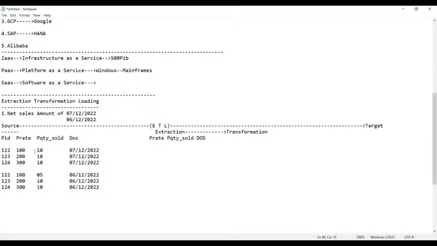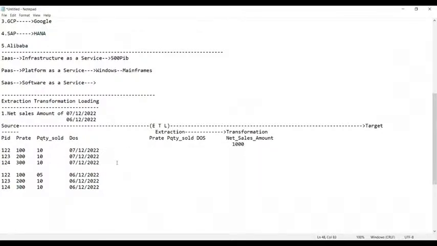That means 100 into 10 means what? 1,000. Very good. So 100 into 10 is 1,000. Can I write it here directly as 1,000?